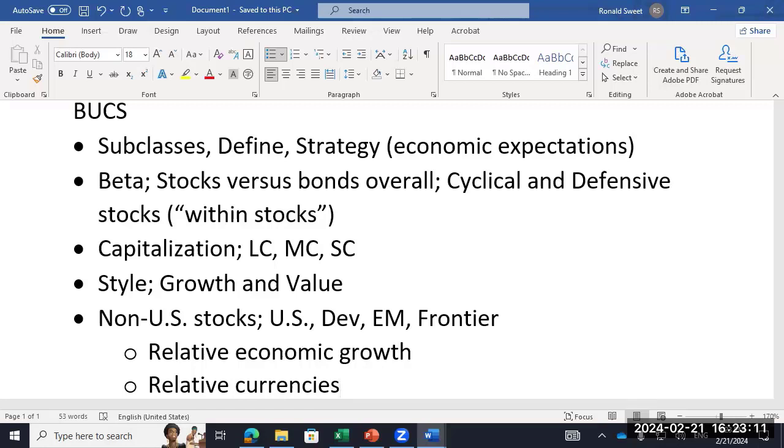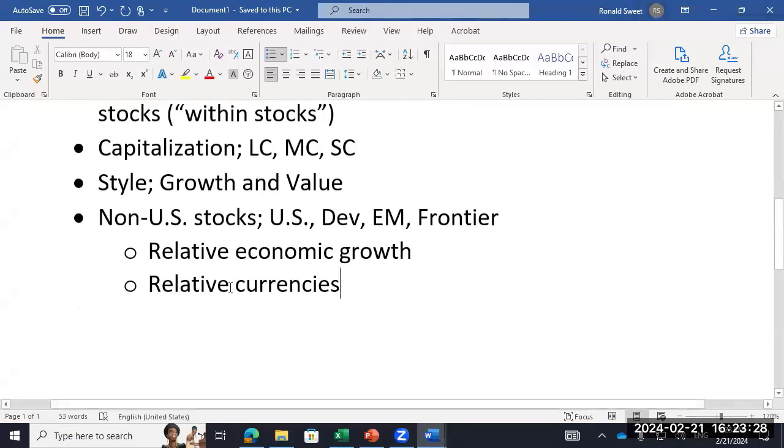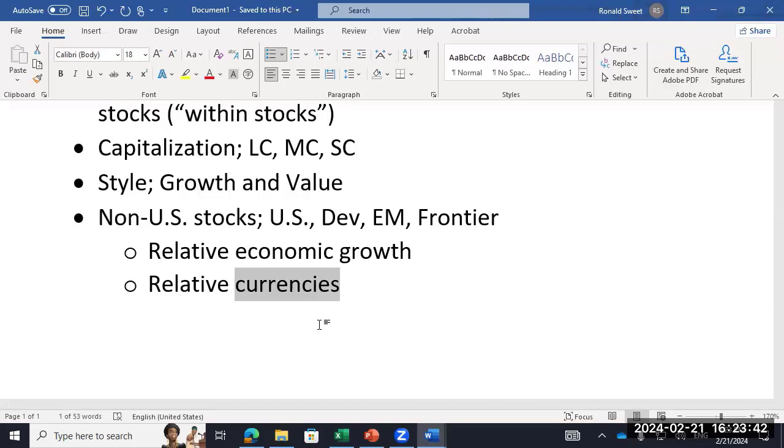currencies. All right. On the exam question two, I don't throw any curves there. If I say, hey, I think Japan's going to do great, I also think the yen's going to do well. I don't mix them up, so I'm not going to make you have to decide, but you can have those decisions. Currencies get really tricky because if the currency's weak, that makes that country's exports cheaper, which helps the economy. So the economy can be weak, their currency's weak, but the weak currency actually helps the economy. So it can get really circular and real complicated. On the exam, I don't do that, but just realize when you bring currencies in the mix, things get really